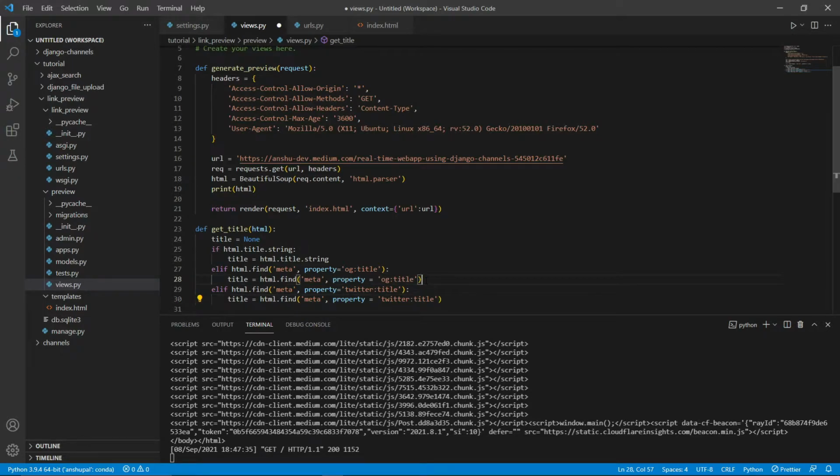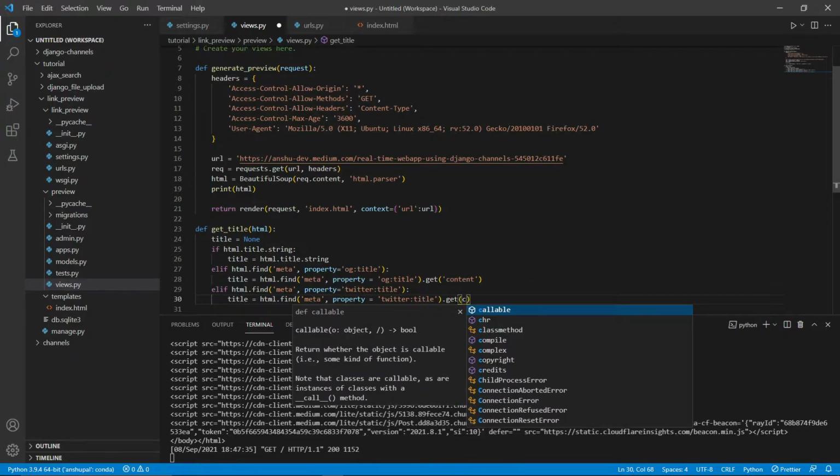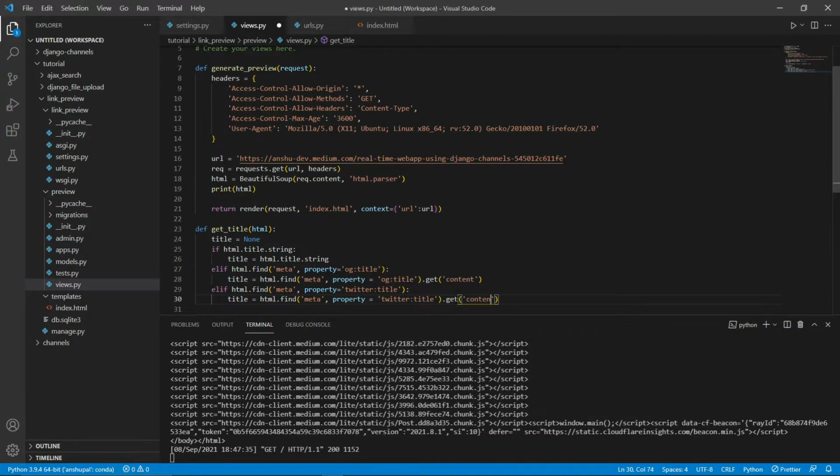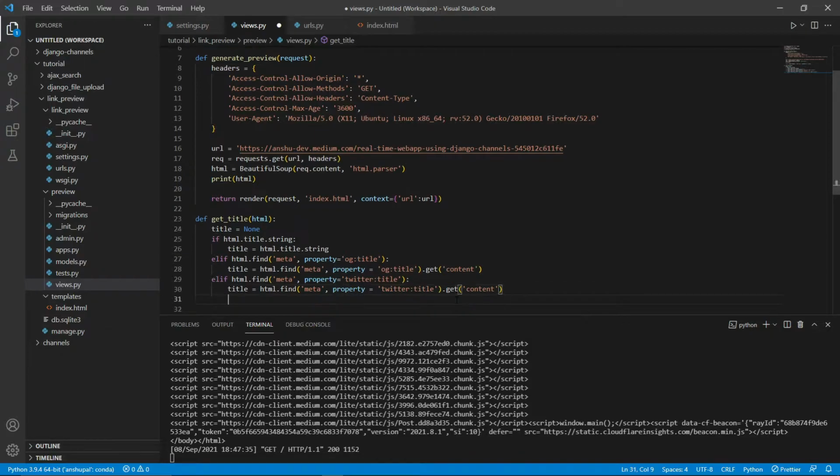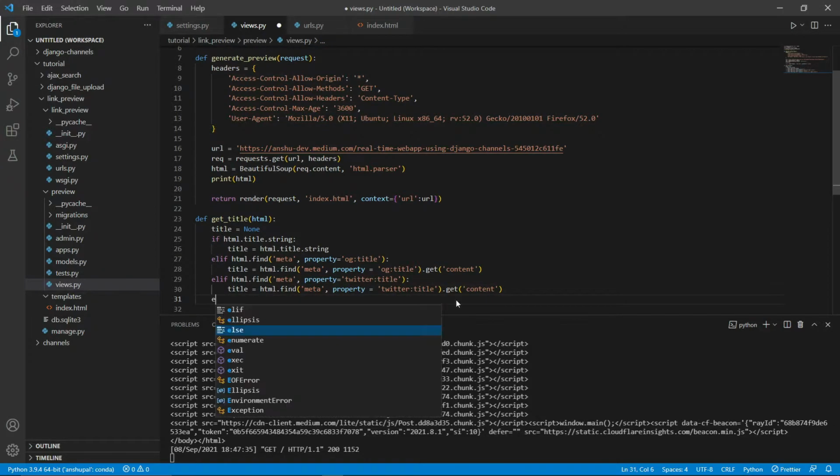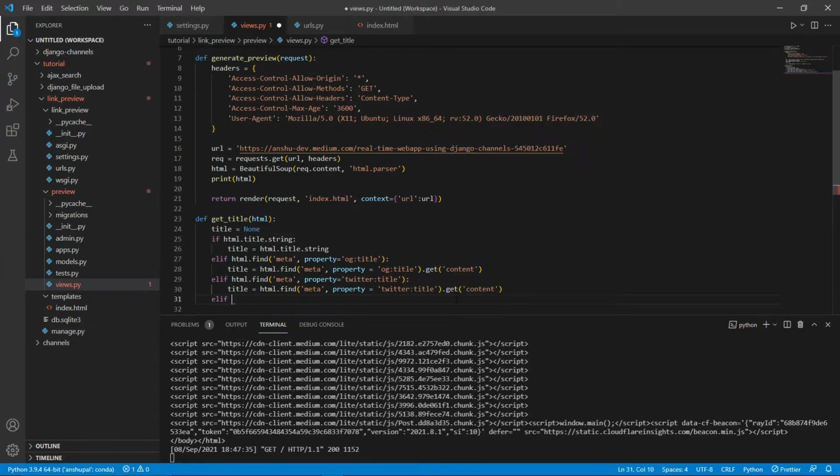And here we also have to get the content, so dot get content, and here also dot get content. And if title is not at all present in the page, then we will simply find the first h1 tag and send it in the request as the title of the page. So we will find the h1 tag, and